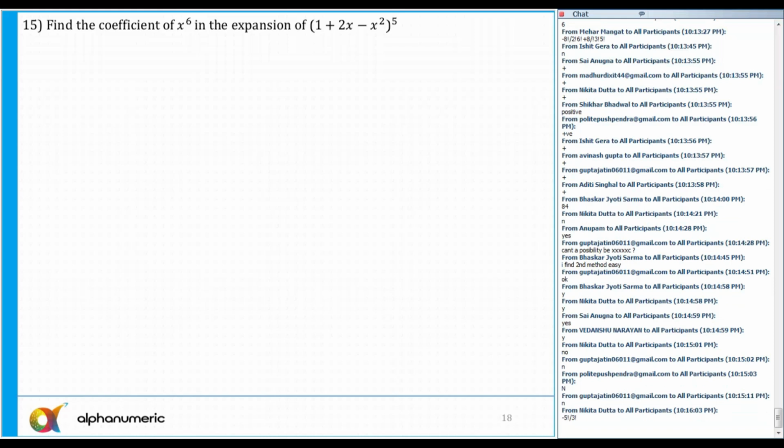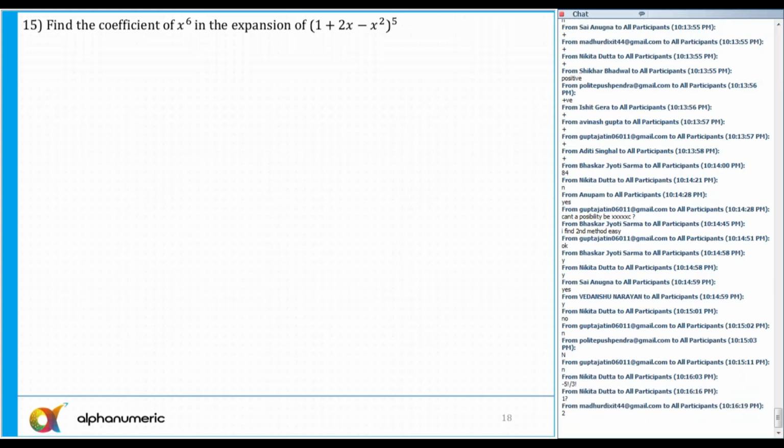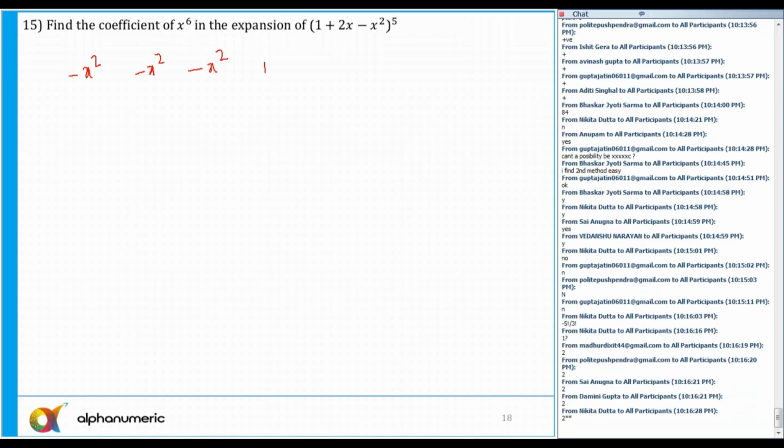How many cases are there? Either you can make the equation or you can write down directly the cases. How many cases are there? 5 brackets. Maximum power of x is 2. So minus x square and minus x square, I'll get x to power 6, and from the 2 of the brackets, 1 and 1. Then minus x square,